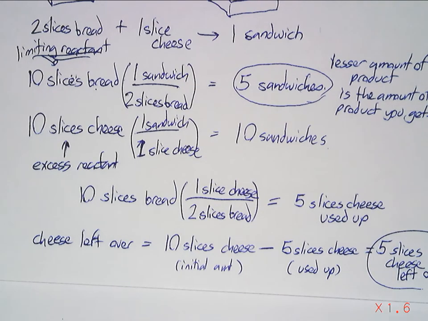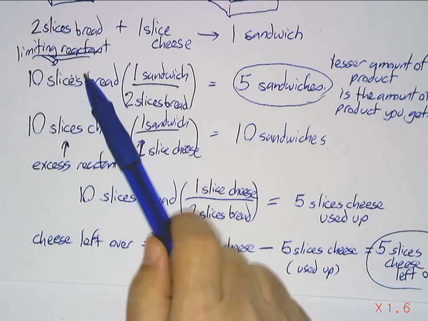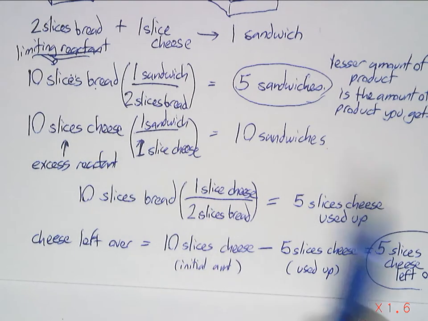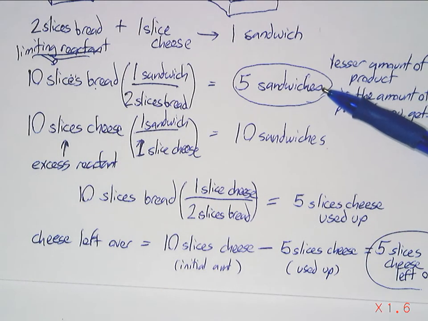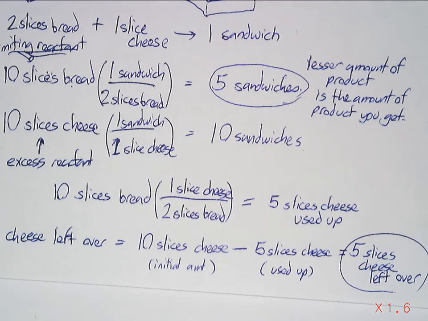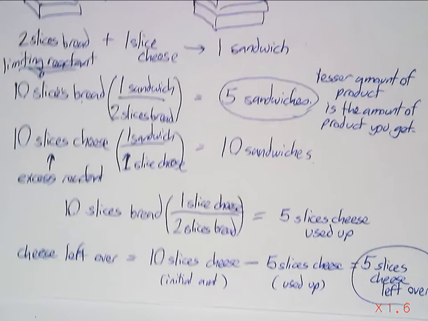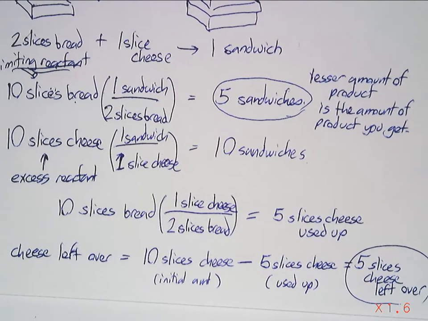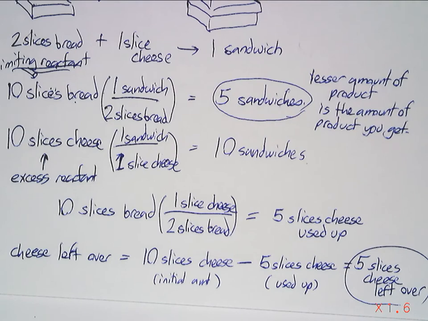So before I did anything, I had 10 slices of bread and 10 slices of cheese. After I make my sandwiches, I'm going to have 5 sandwiches and 5 slices of cheese left over. Take a minute to study this, because this is all of the pieces of the chemical calculations that we'll do